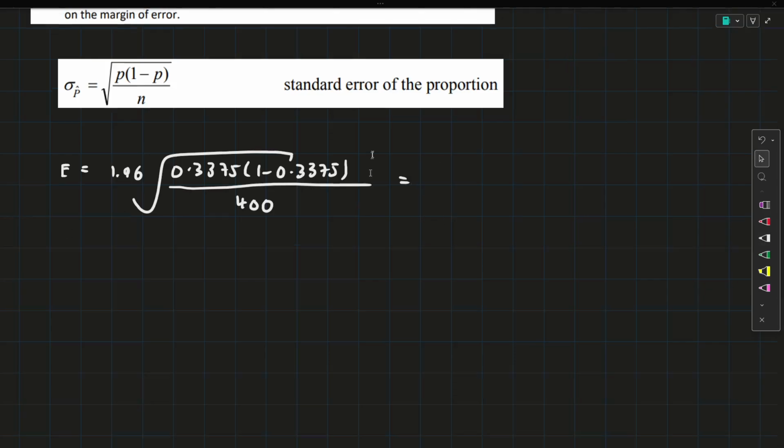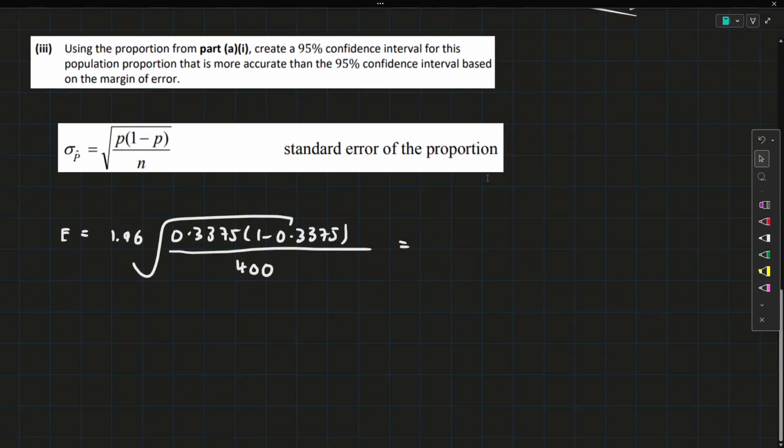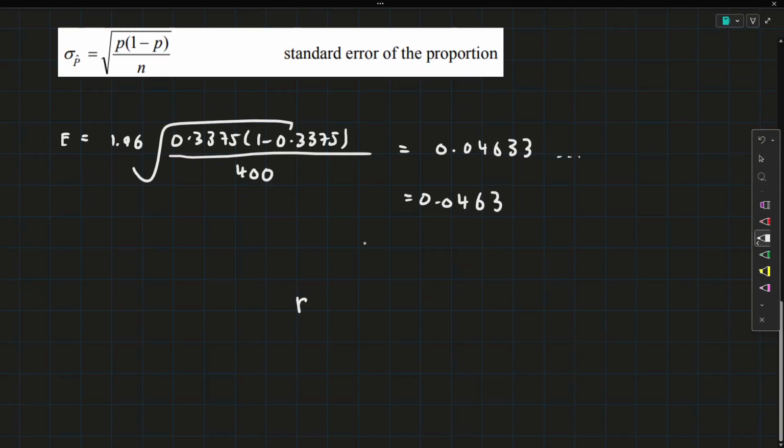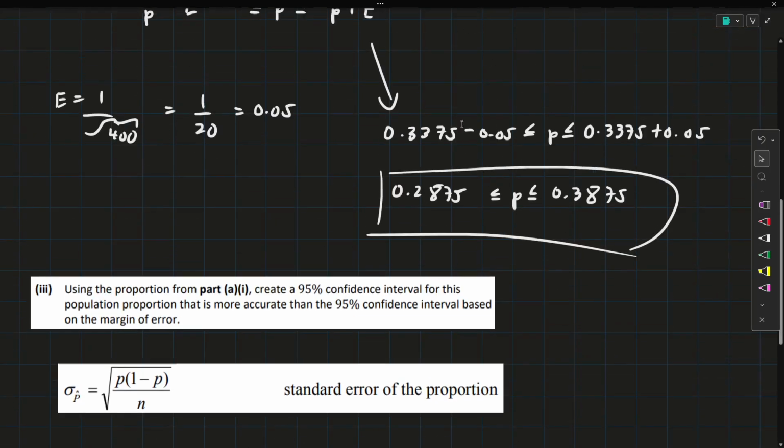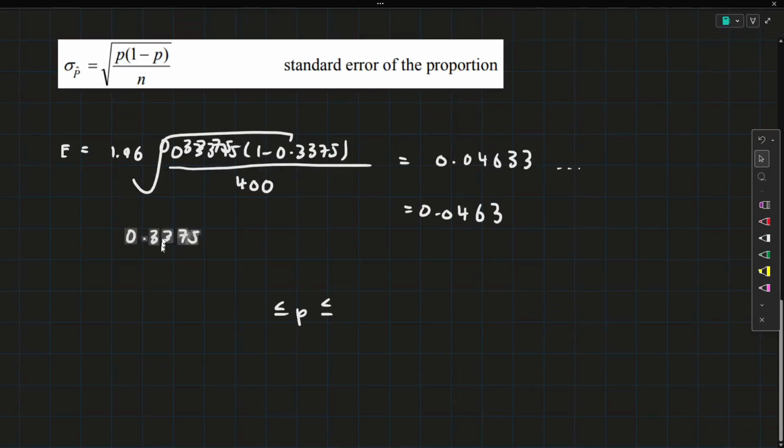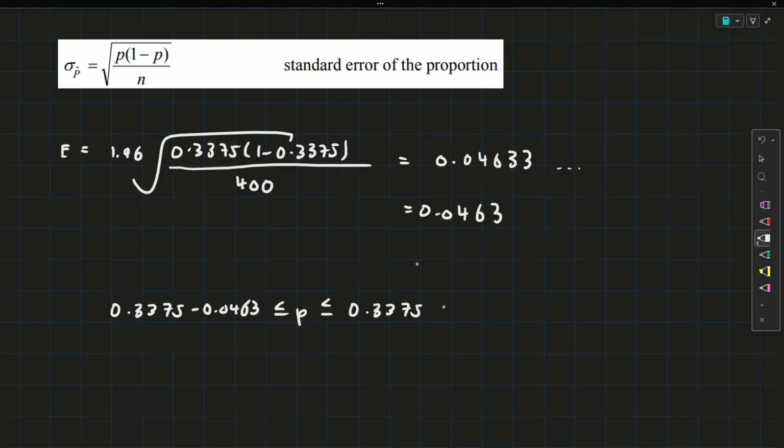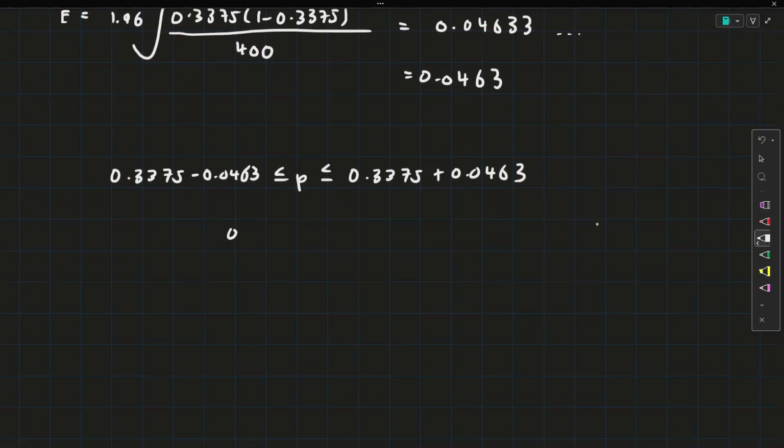And the reason you get a number on it is because in part 1 they said to do everything to 4 decimal places in the first 3 parts. So what you'll get is 0.04633, and then obviously we need to round that, so we're going to round it to 0.0463. Then for our confidence interval, the actual proportion is in between 2 values. We have our sample value, 0.3375, on both sides, but on this side we subtract our error, 0.0463, and on this side we add 0.0463. Adding those, what you should get is 0.2912 less than or equal to p, and then we have